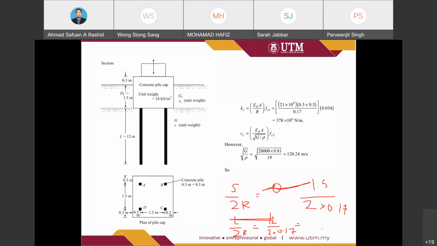So 12 over 2 times 0.17 is 35.3. So the value for the L over R is 35.3. Then, using the 4.5 value from before, the value is approximately